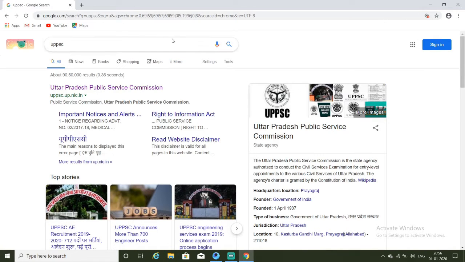We are going to discuss the new recruitment. Just like the UPSC, there are some state exams known as UPPSC, BPSC, WPSC or those of other states. Here we have the recruitment of the Uttar Pradesh Public Service Commission, UPPSC. If you want to fill this application, just take the important points that I am going to mention.